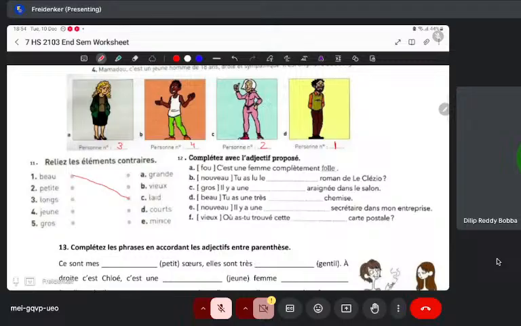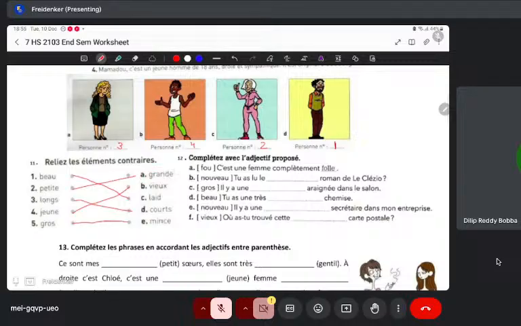So petite, I think most of you would know. Small. Opposite is tall. So grand. Jeune is young. Vieux is old. We've seen this somewhere also recently. So that goes there. Gros is fat. Mince is thin. So this goes here. Long is long. Court is short. This goes there. Okay, so I'll read column wise. So okay, fine. Beautiful or handsome, ugly, short, short in the sense small, not short, small, and then you have